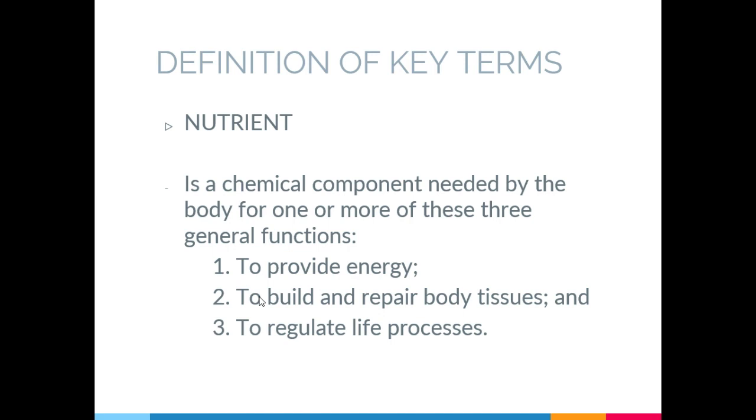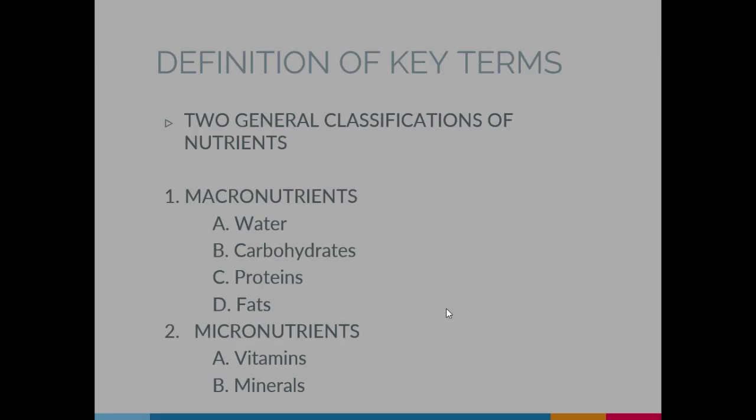If a particular dietary biochemical, a compound that is found in our food, fulfills one or two or all of these functions, then that dietary biochemical can be considered a nutrient. There are other criteria to consider, but these are the main criteria.